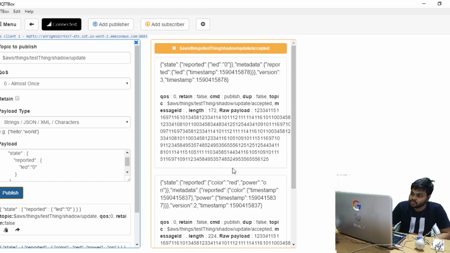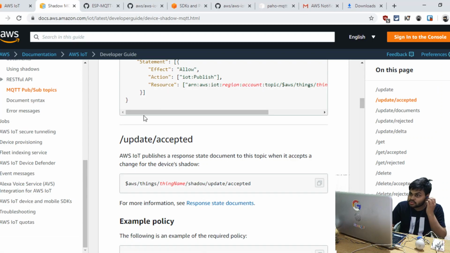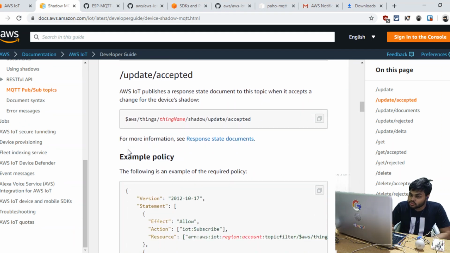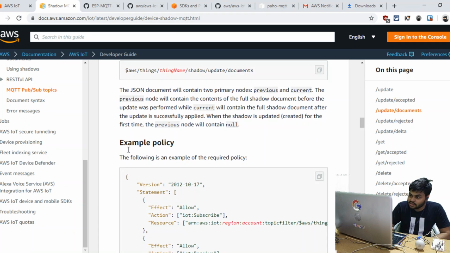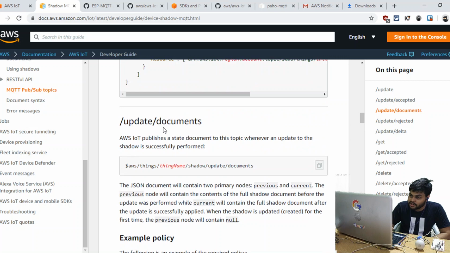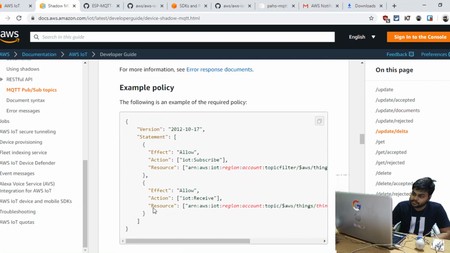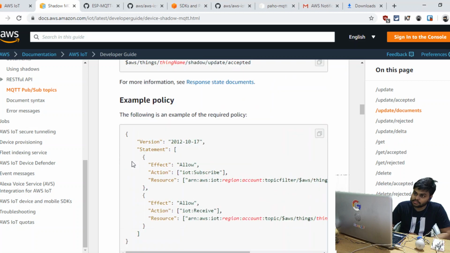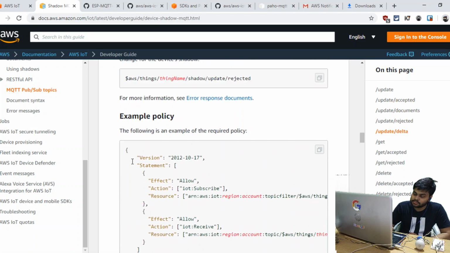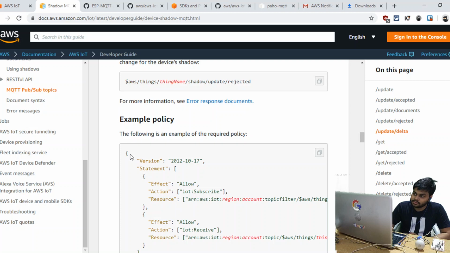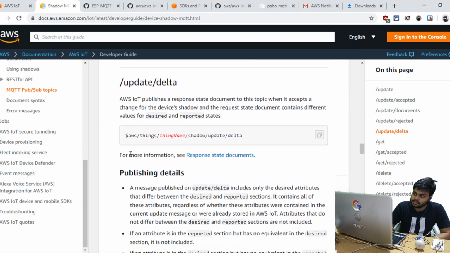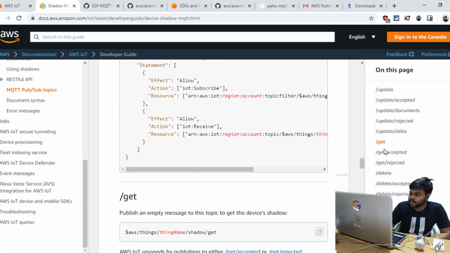So how do we know the total data stored in our thing? Okay, so thing shadow. If you move right here, we can update document, IoT data. So we have get and get accepted.